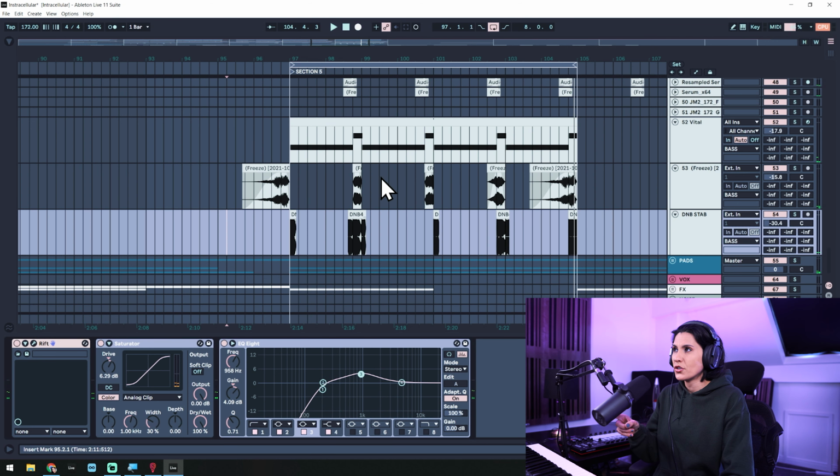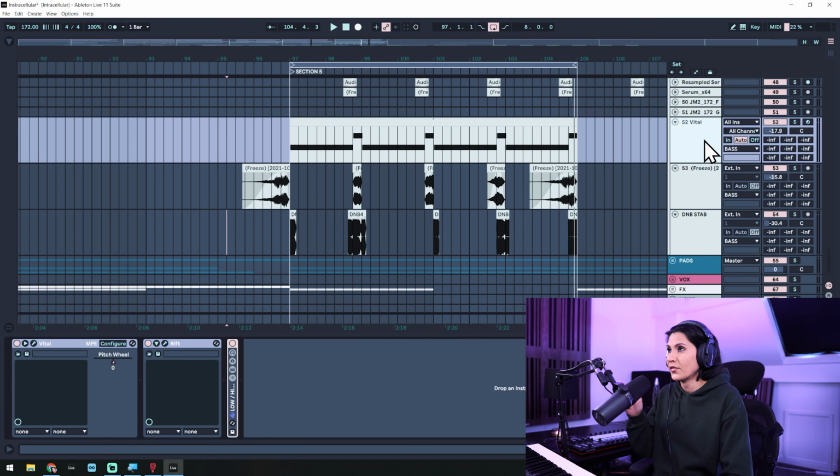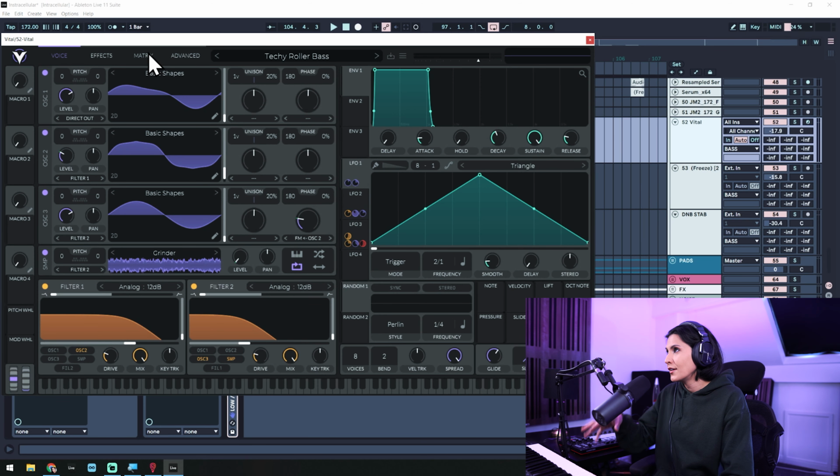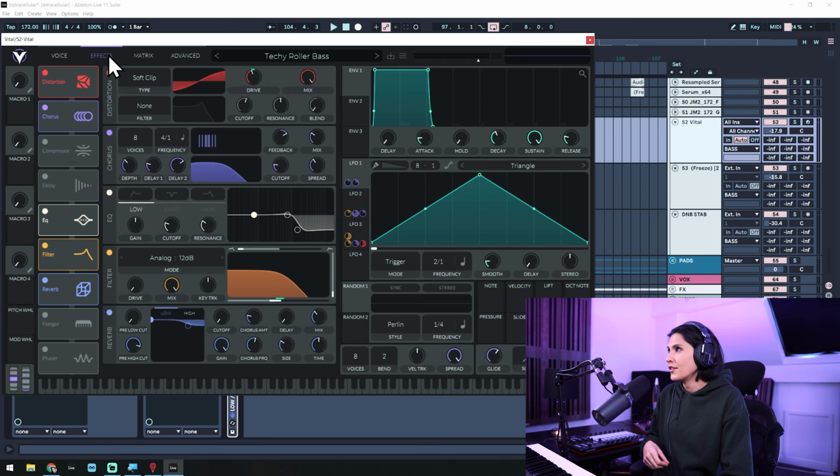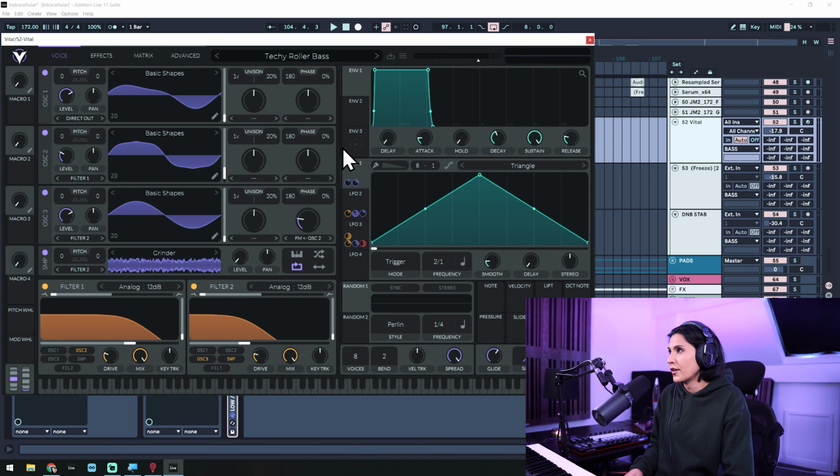Before we jump into the synthesis, I just want to walk you through the 3 different layers that I have here. The first layer is Vital. This is synthesized in Vital with all of the oscillators and then using the effects tab as well. So if I play this,